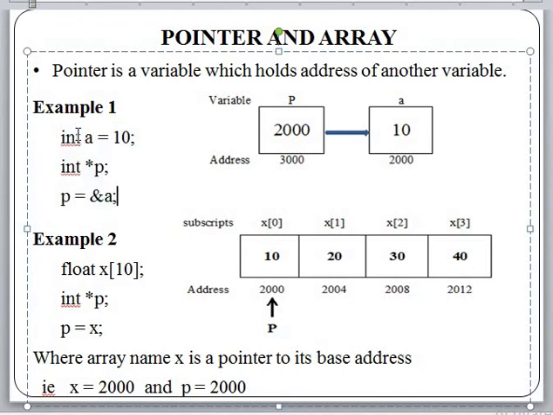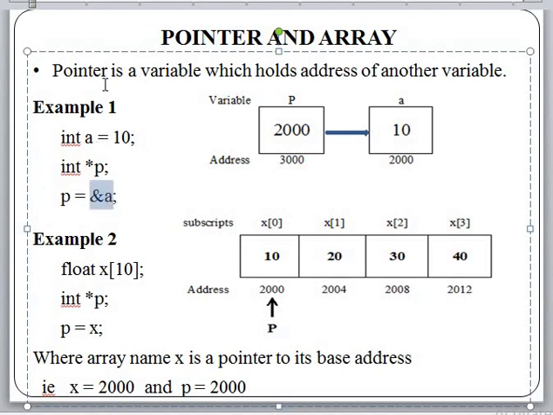Now, if I say int a equal to 10, in the primary memory of the computer, somewhere the compiler will reserve 2 bytes for this variable a. There may be a memory location with some address, and the compiler will keep track of that address. Here in this case, the address of a is assigned to p.